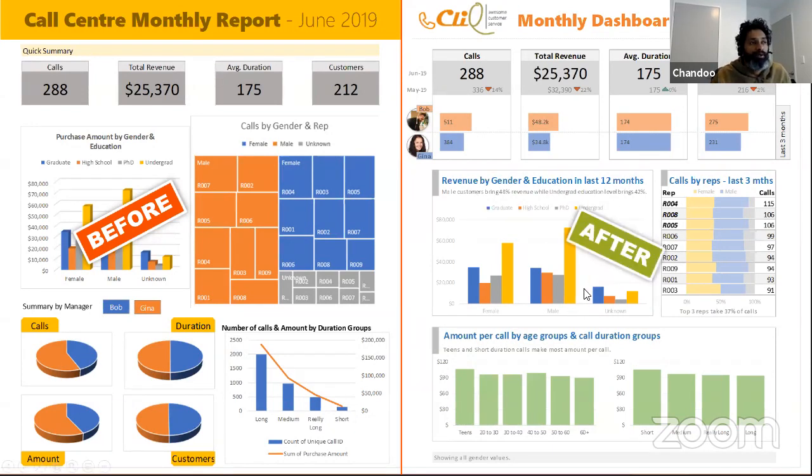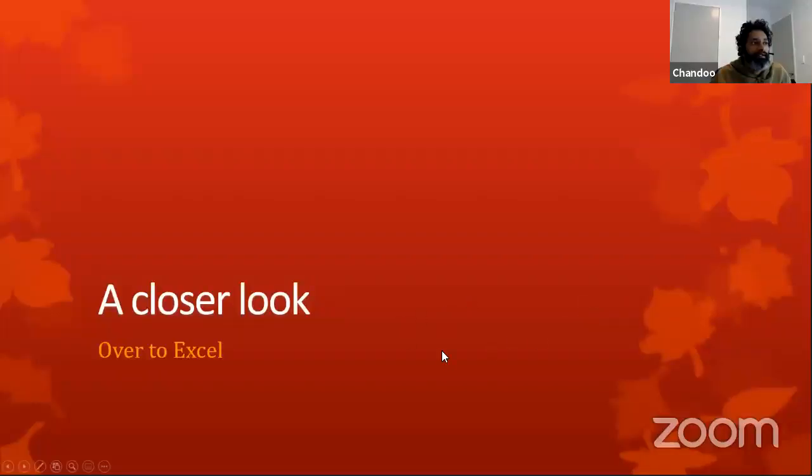So let's take a look at the 5 key principles of revamping that. Before we do, I'll just hop over to Excel so that I can show both of these dashboards to you, and we can spend a little bit of time looking at them more closely. So let's add Excel as well.